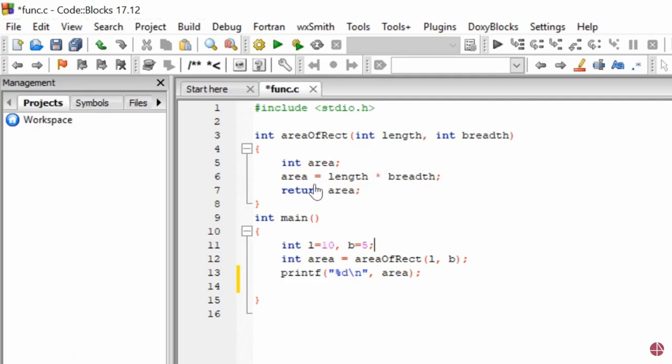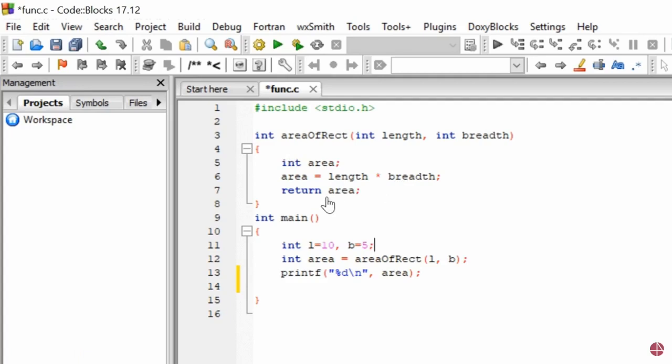Then inside this function, as you can see, I have declared one variable area, and I'm calculating the area by multiplying length and breadth, which is the area of the rectangle. As length contains value 10 and breadth contains value 5, therefore area will now contain value 50, which is the multiplication of both the values, right? And then it will get returned by this function.